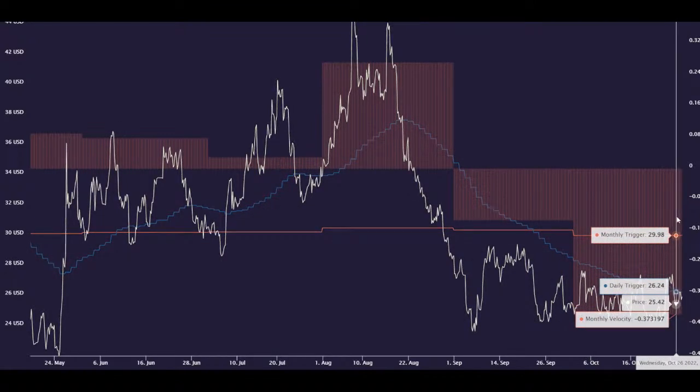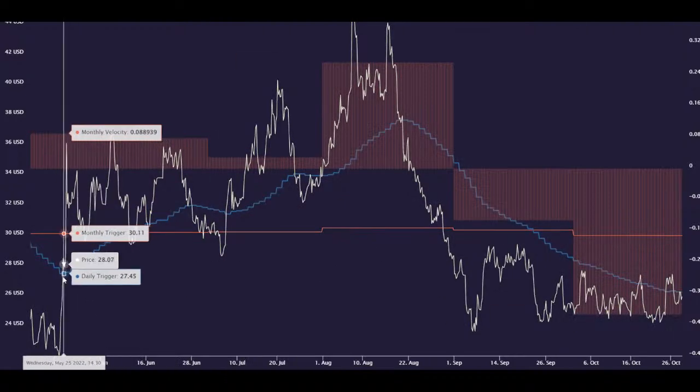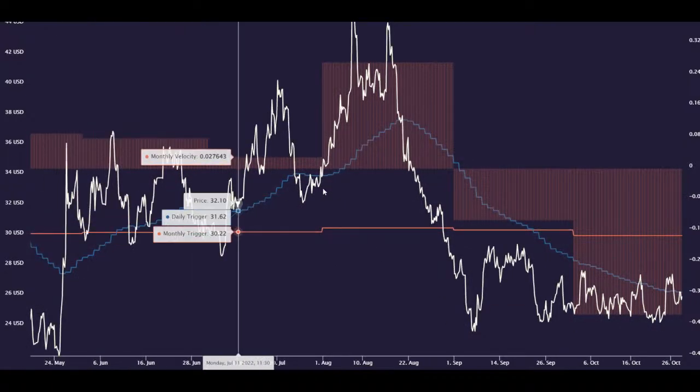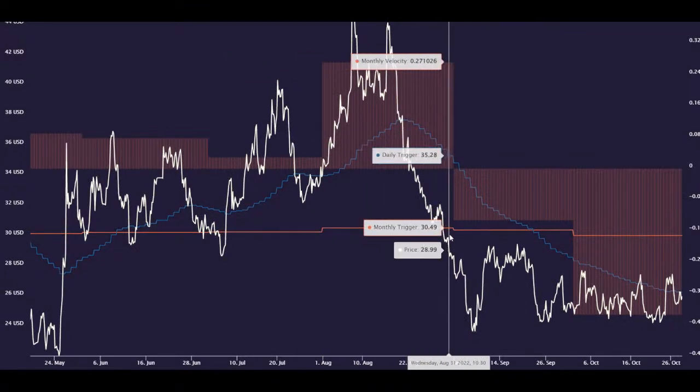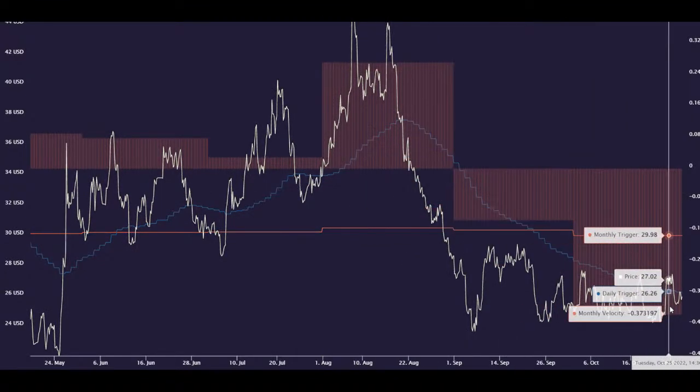Now, it's important to note that the monthly trigger is a really big acceleration level. All right, so you see how here, once you broke above the monthly trigger, we stayed above it for 4 months. Once you broke below the monthly trigger, we stayed below it for 2 months. Breaking above the monthly trigger is a huge deal for the macro outlook on Nimoy